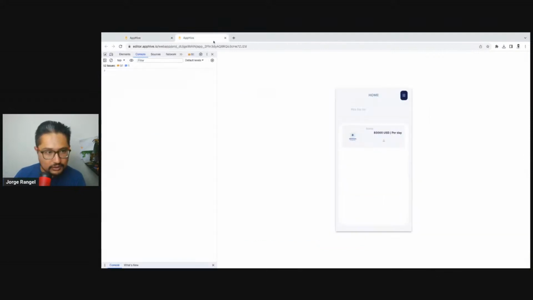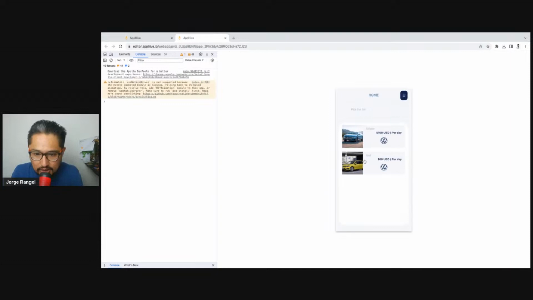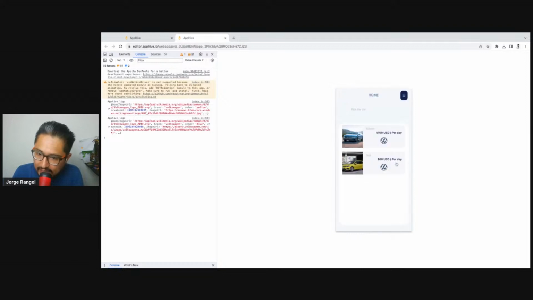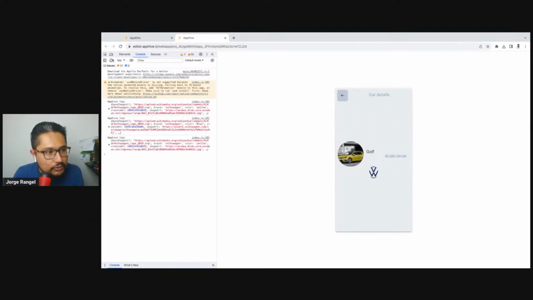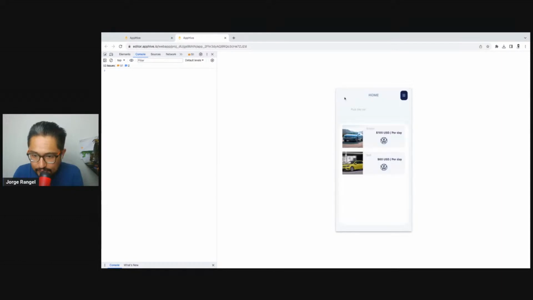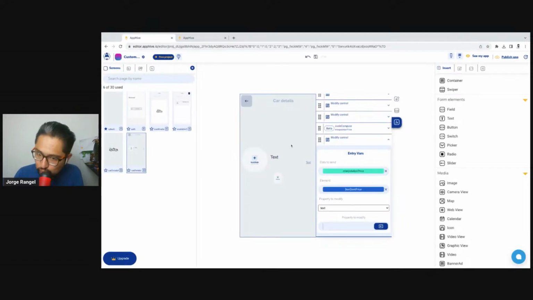Let's check it out if it works correctly. Remember, let's refresh the page. Let's click on this one, and you can see right here that the function works as expected. Now we don't have to use the compute directly. We can use code functions in order for us to create these functions, right? There you go. Now, what is going to be the next step is to add a button